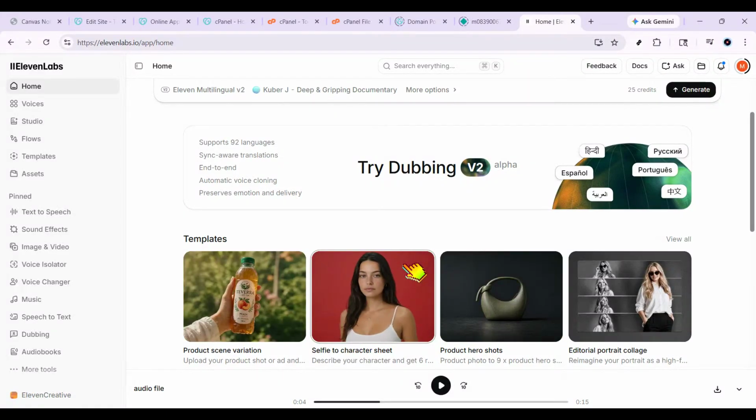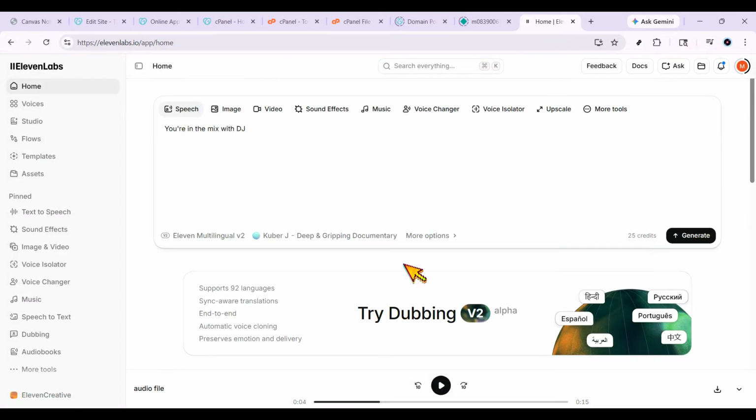In today's video, I'm going to show you how to get a deep voice in ElevenLabs quickly and easily using a few simple settings and prompt adjustments that can make a huge difference in your final audio. If you want your voiceovers to sound lower, richer, and more powerful, this guide will walk you through the exact